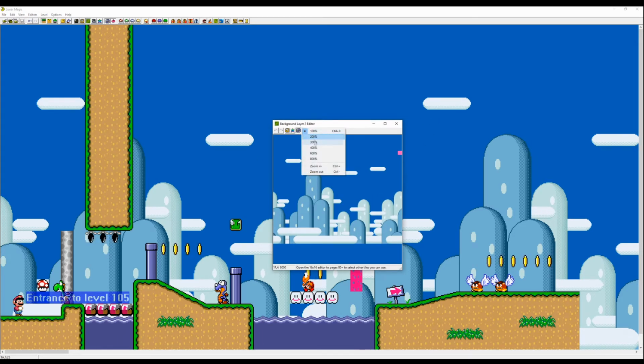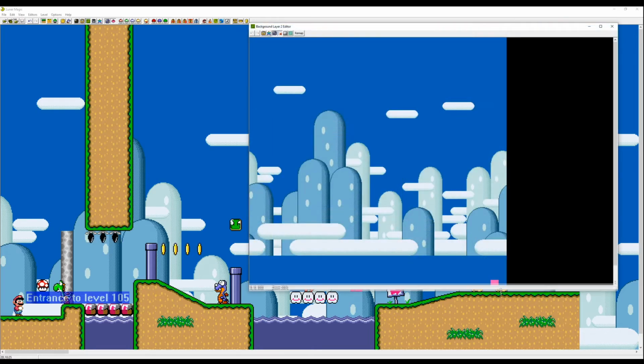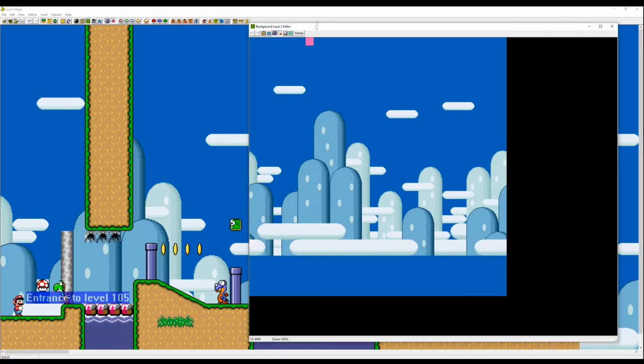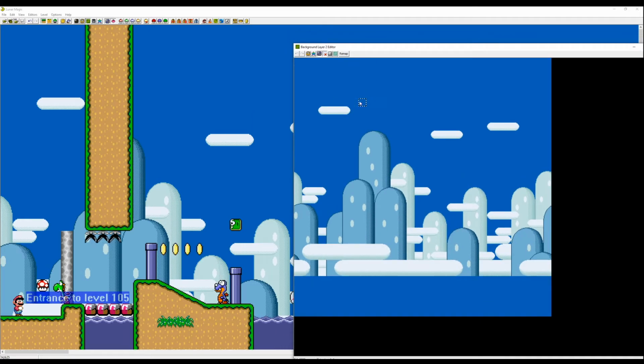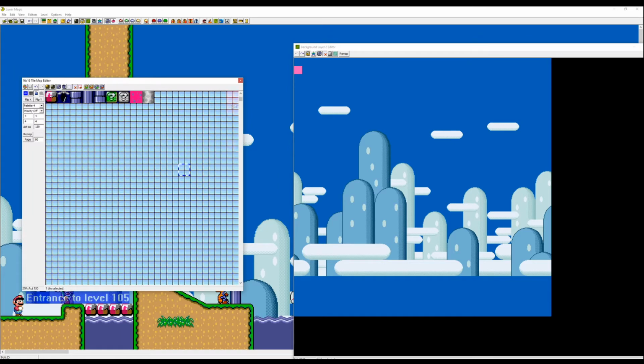Here you can zoom in again with the loop. As you can see, that's the same background as here. If I select something and press delete, you can see that the cloud disappeared in the level. By clicking the question mark block here, 16x16 tile map editor window, you can see the same window as before when you clicked here. Now you can choose any block